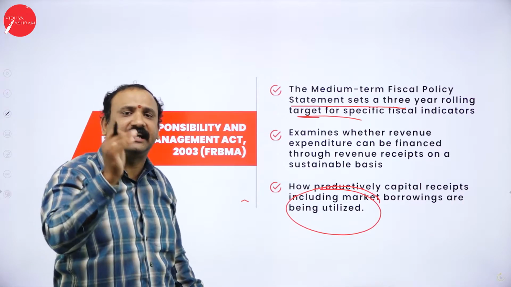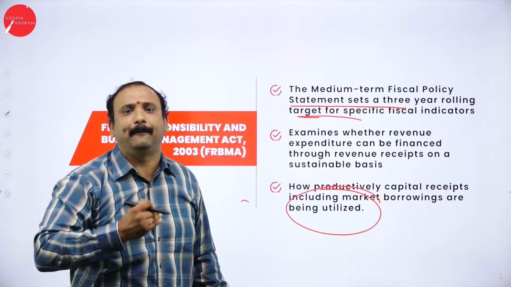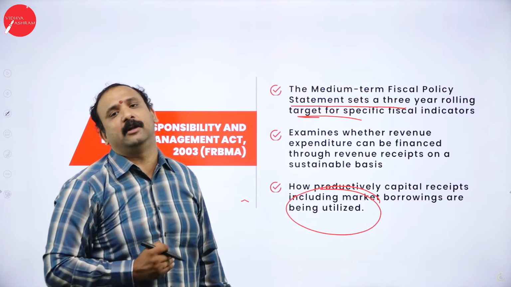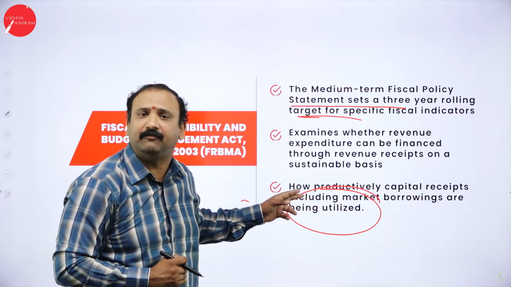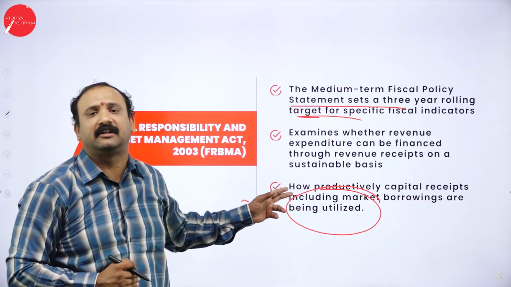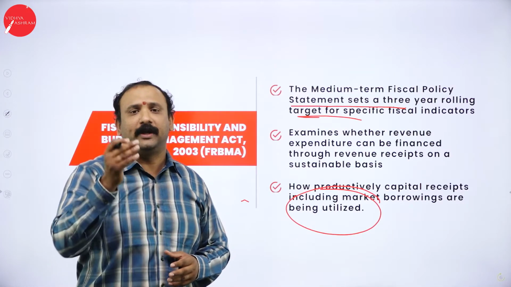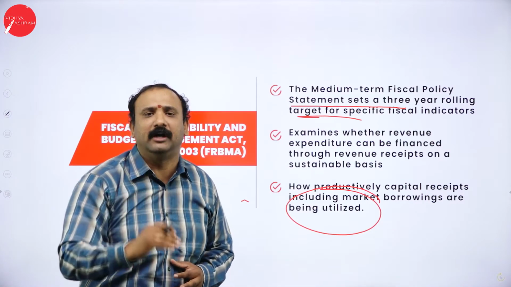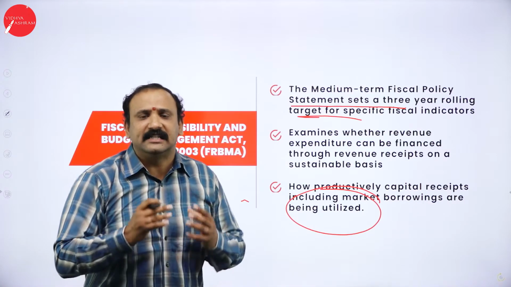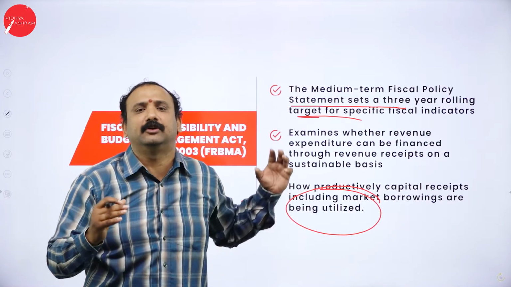Where are the sectors in which we are infusing the funds so that growth happens on a regular level altogether? That is why capital receipts and borrowings are a very important part when we talk about capital expenditure. When the government borrows money from the Asian Development Bank, the World Bank or the IMF, there is a huge amount of responsibility, and a huge amount of money that goes in.